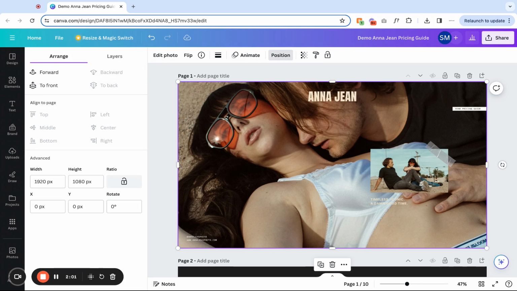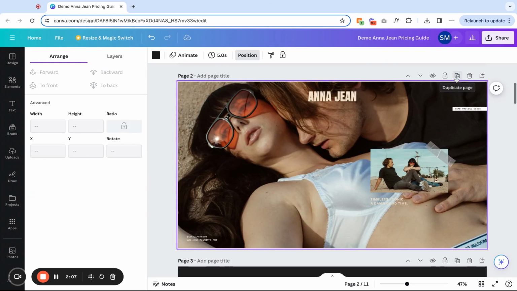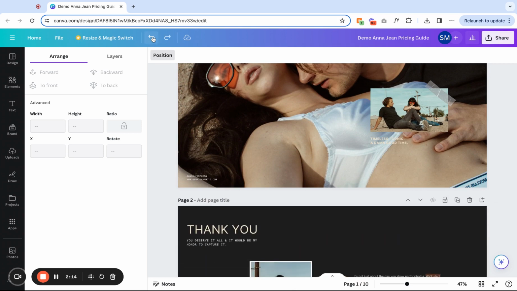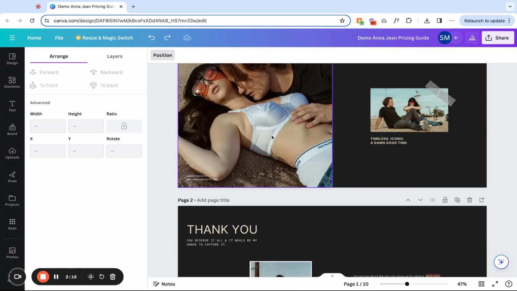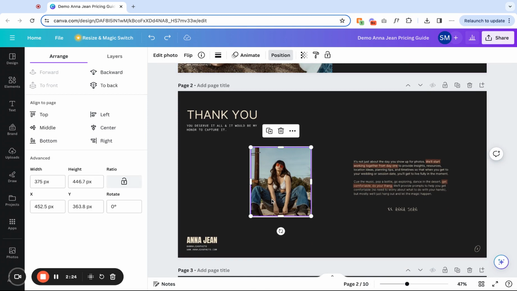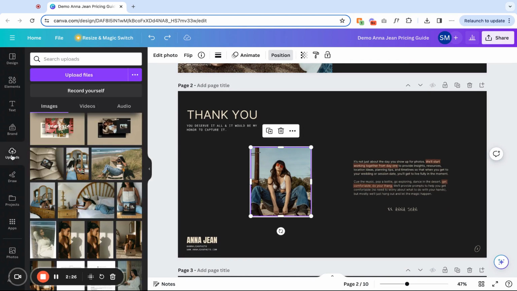Then what's really cool, if you were just playing around with this and you want to try a few different options, you can also duplicate each page. So if creative juices are just flowing, feel free to come in here. You can duplicate it as many times as you want and just make it your own, use what's there. You've got options. And then the same process will be for swapping out the rest of the images. So uploads,